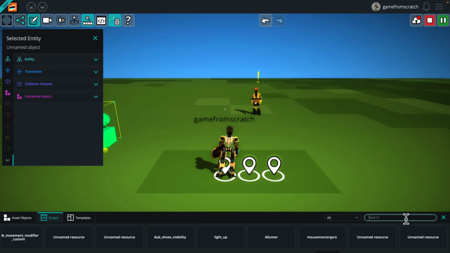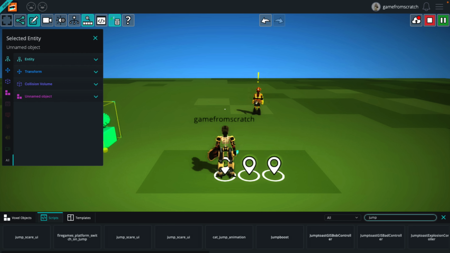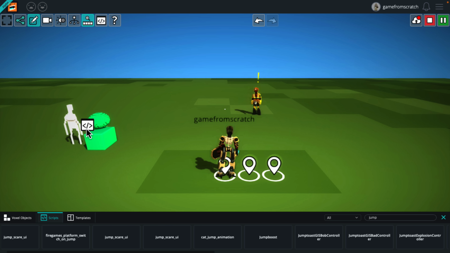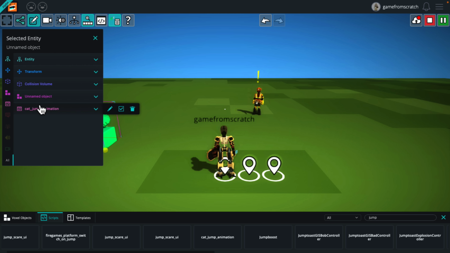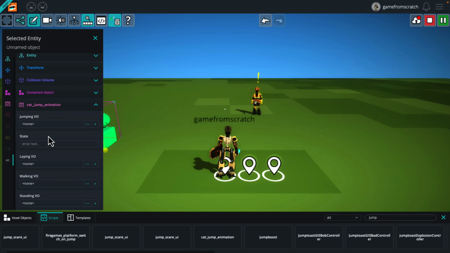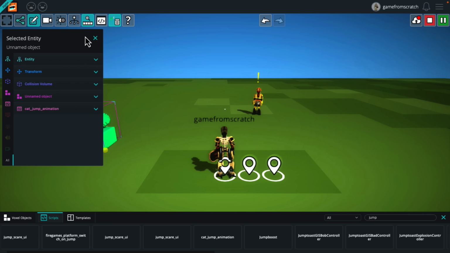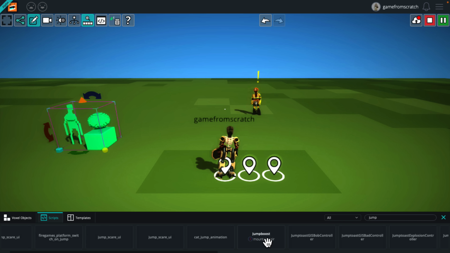But let's say we wanted to do a jump script. So here, jump scare, those are for all the UIs. By the way, there are UI aspects here as well. Let's put a jump cat animation on this thing. I have no idea what that's actually going to do. I don't think there's, oh, there are a bunch of settings. Okay, there's far more here that I want to set up. So I'm not going to configure that, but you get an idea of how all these basic scripts would